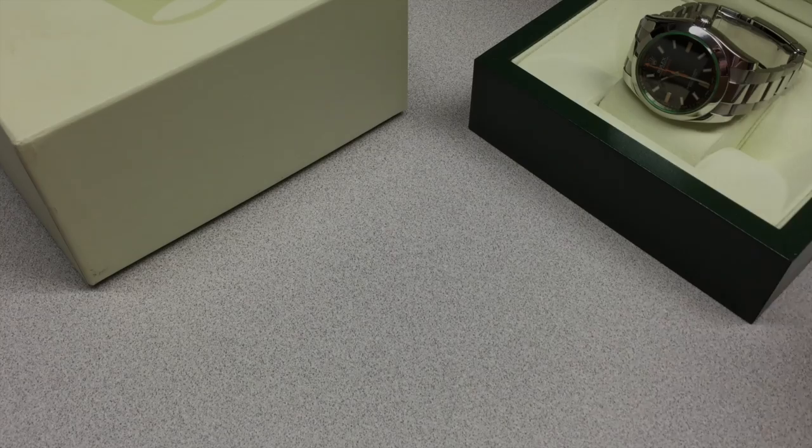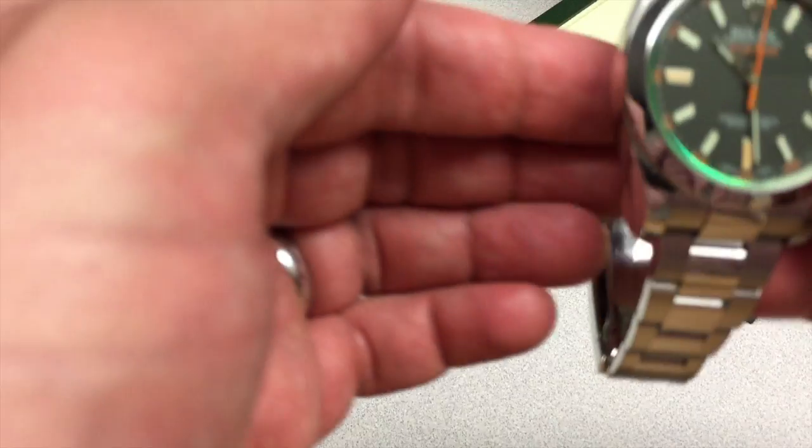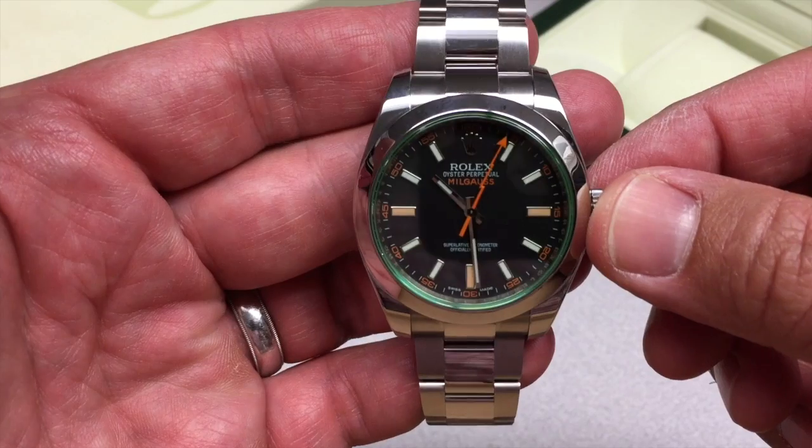Fast forward to 2007, they introduced this version, the 116400 GV, or the Milgauss with the famous orange lightning bolt second hand, which they brought back, and now this very unique green crystal. It has an in-house 3131 movement that is protected by an anti-magnetic case or shield and also has some new anti-magnetic parts. We'll take a closer look at what makes this watch very unique and protects you from any magnetic fields when you're wearing it. All right, let's take a closer look at this Rolex